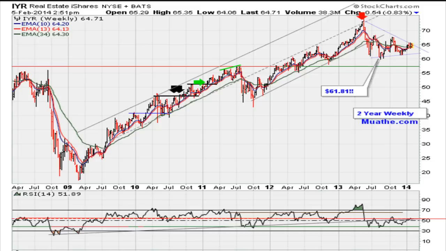Okay, now what's really interesting is, just by a simple line, this red line, you can see that going back to late 2008, before this big crash action here, the stock had stalled right there. So once you identify that as a critical reversal point for the stock, all you have to do is draw